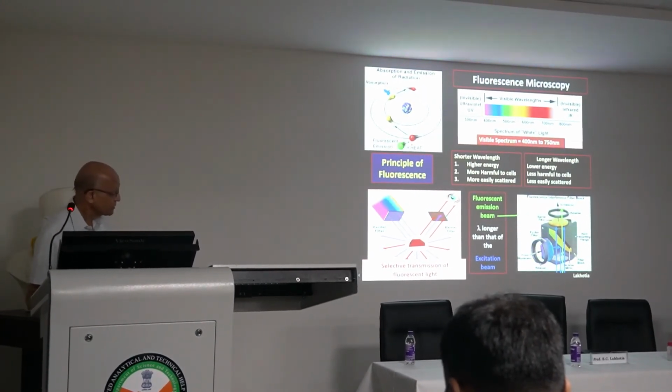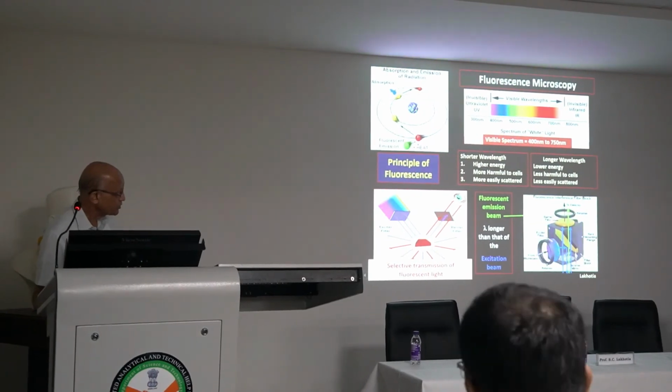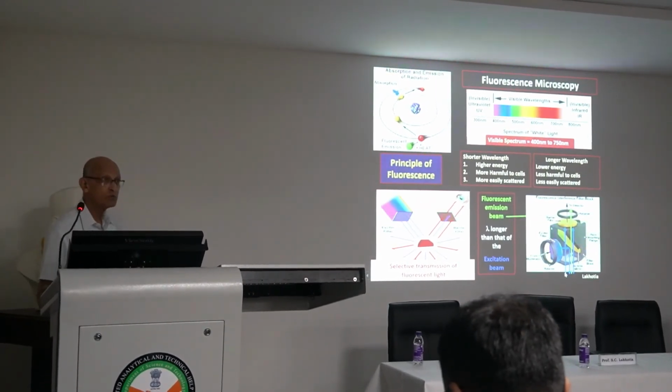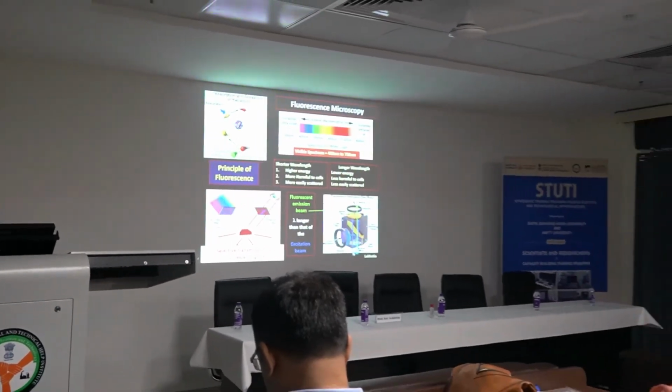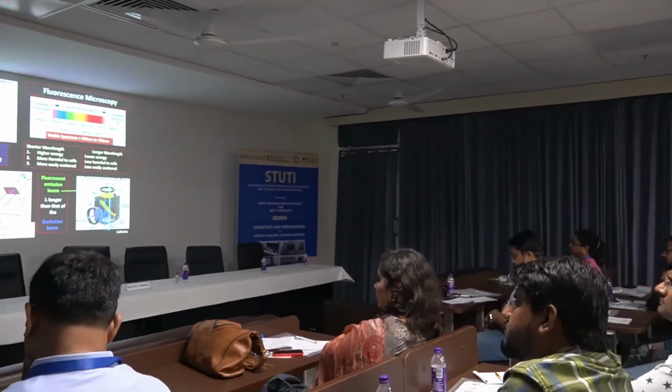where light of a particular wavelength is allowed to fall through. There is a dichroic mirror that sends the light of that particular wavelength down to the objective, falls on the object, causes excitation of fluorescence, and internal reflection sends both the excitation beam and the emission beam to the objective. And then this dichroic mirror has a very interesting property. When light falls on this, it is a complete reflection. When light rays come on this in this direction, it's completely transparent. And so now all the excitation beam as well as the emission beam that come from the object travel back.